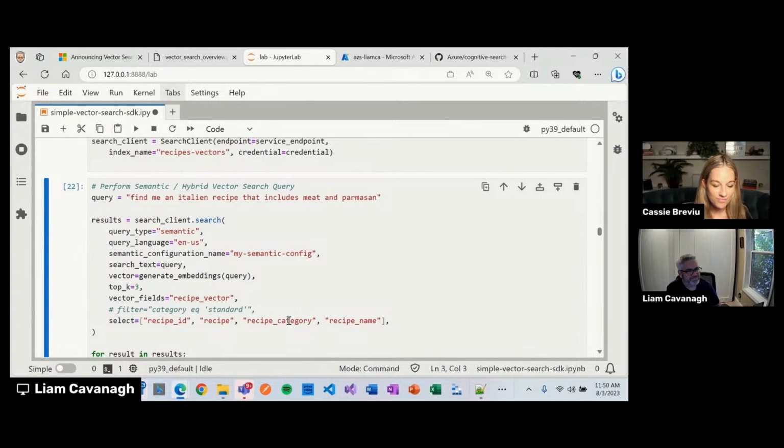Amazing, cool, and delicious. I mean, now I want Italian food. Yeah, I know. That's the downside of doing this one. It sure makes me very hungry every time I walk through it.